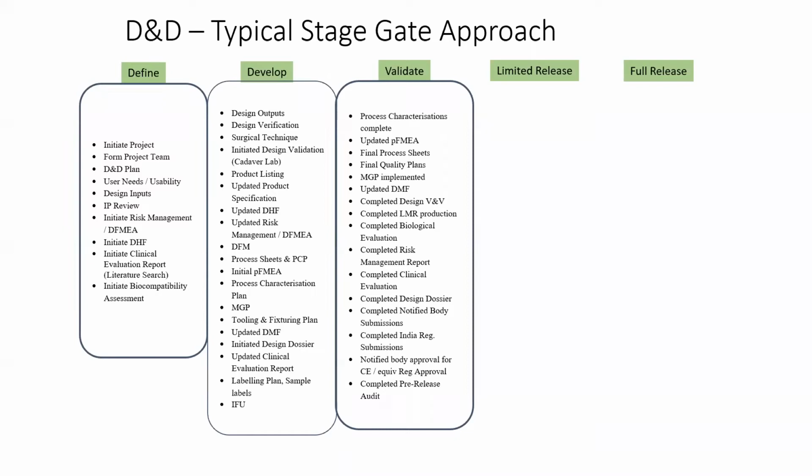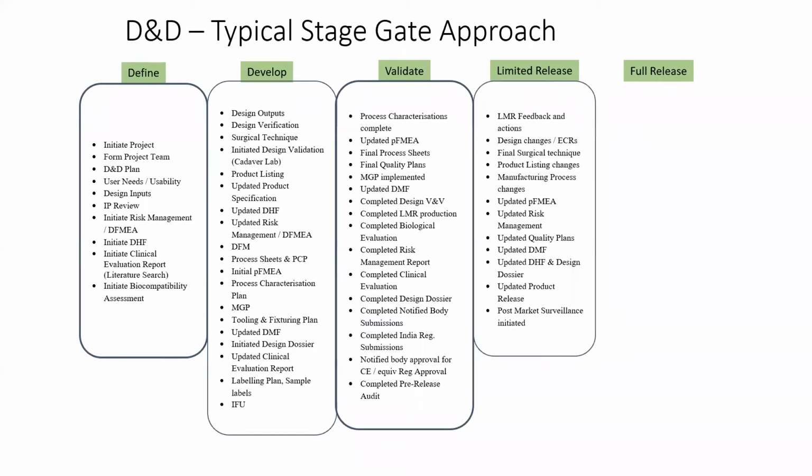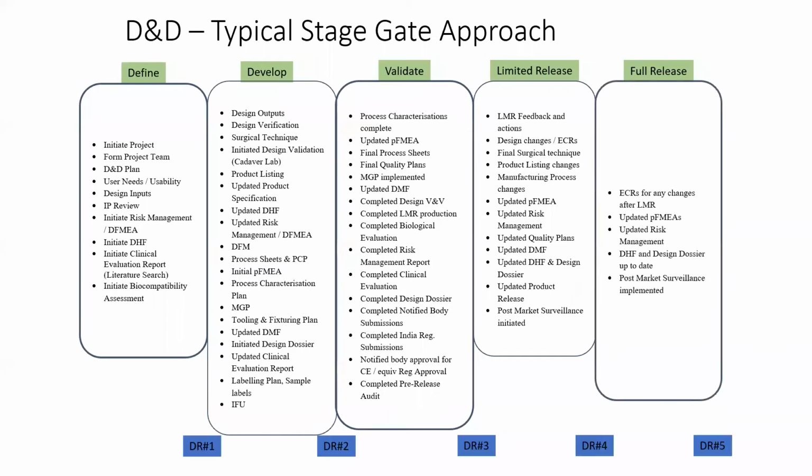All of this process, completion of all of these processes and all of these methods, would happen in the validation stage, post which is a typical definition of a limited release or a controlled release to a small subset of users, which could be in the form of a clinical trial, or a clinical study, or if it's a device which does not require a clinical trial because it's not new or novel, it could still be a limited commercial release just to make sure everything is functioning fine before moving into a full release. And the blue bits that you see at the bottom of the screen, so what you saw on the top, define, develop, validate, limited release, full release, are the stages.